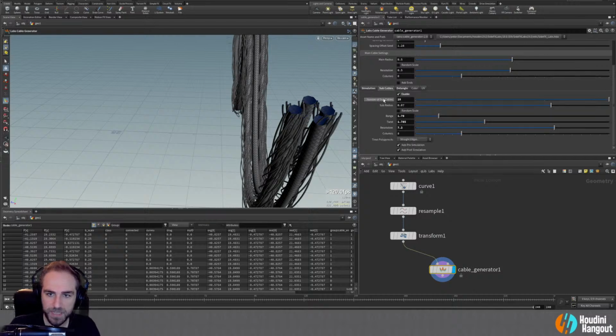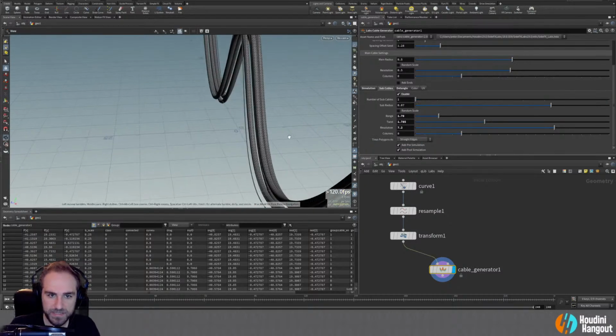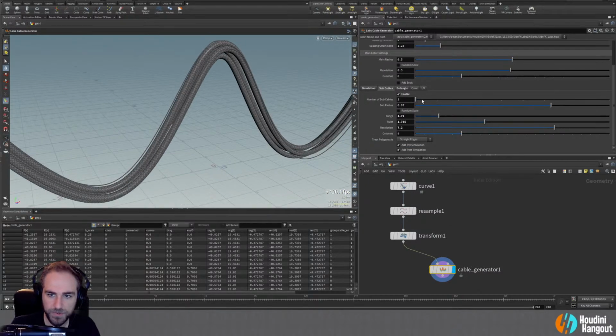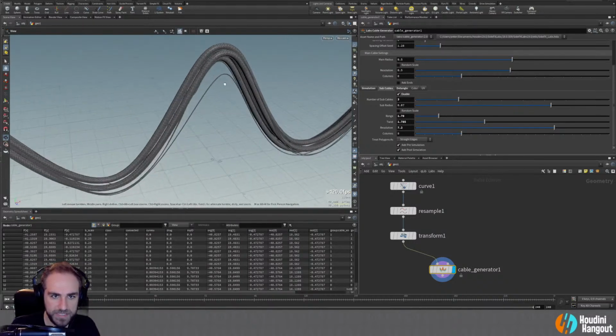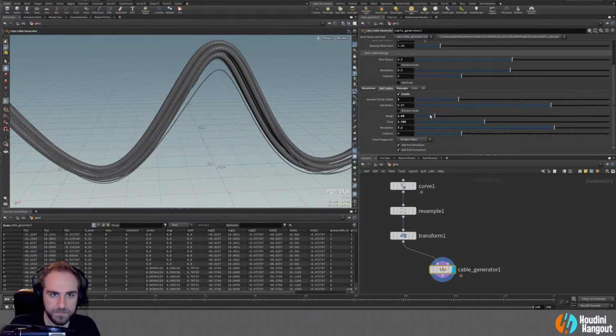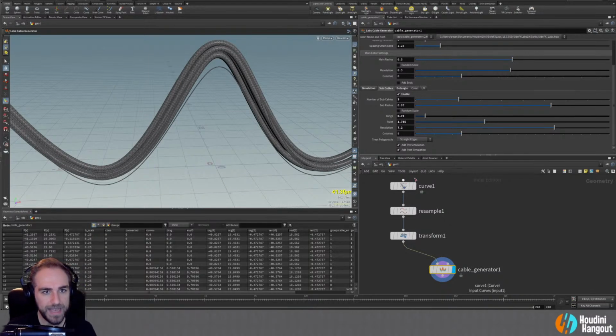I'm going to turn the subcables down to whatever their default is. Yeah, maybe, sure, 1 for right now. Maybe like 3, just to make sure it's not too crazy. Yeah. So, all right. So we've got these cables and stuff here,